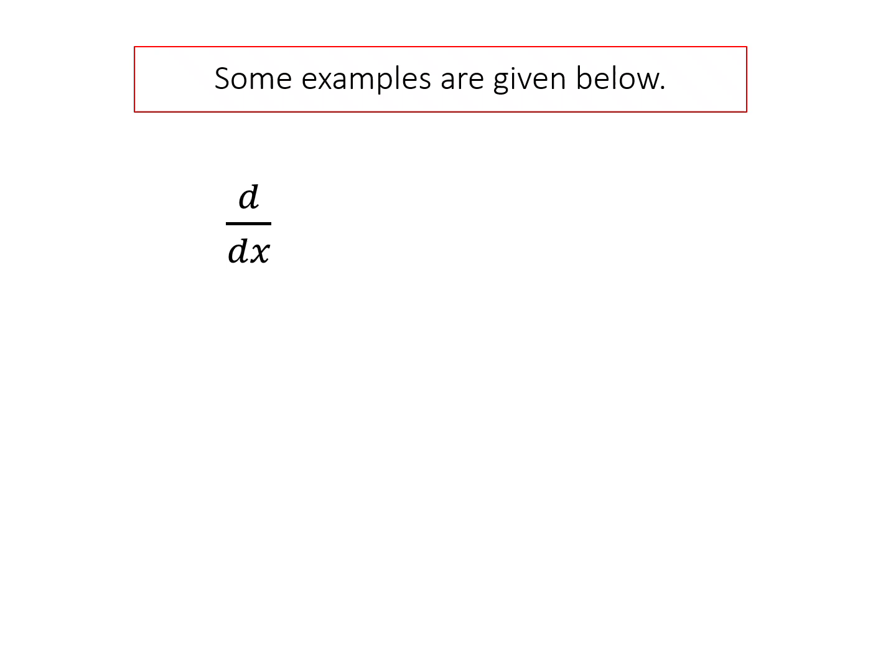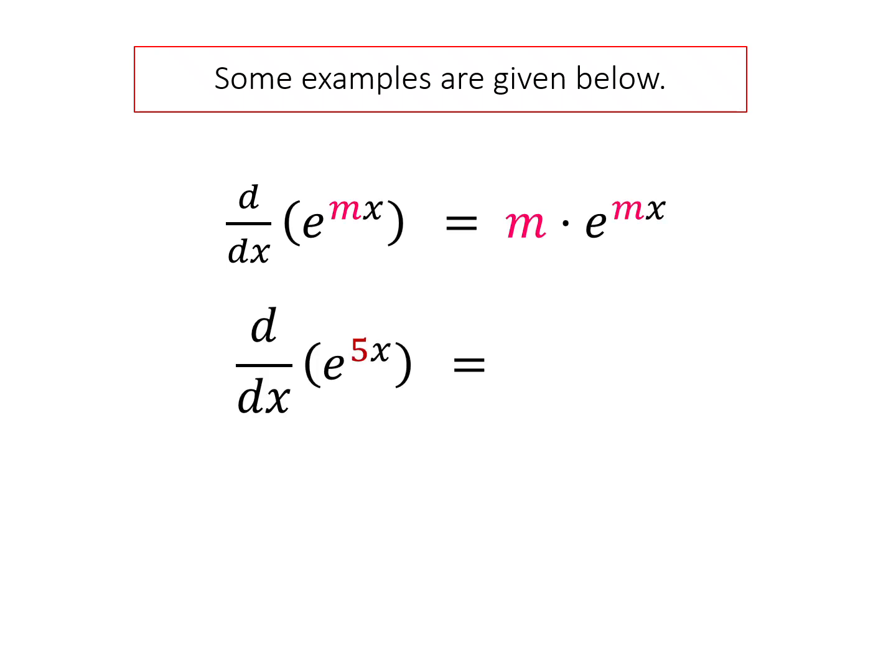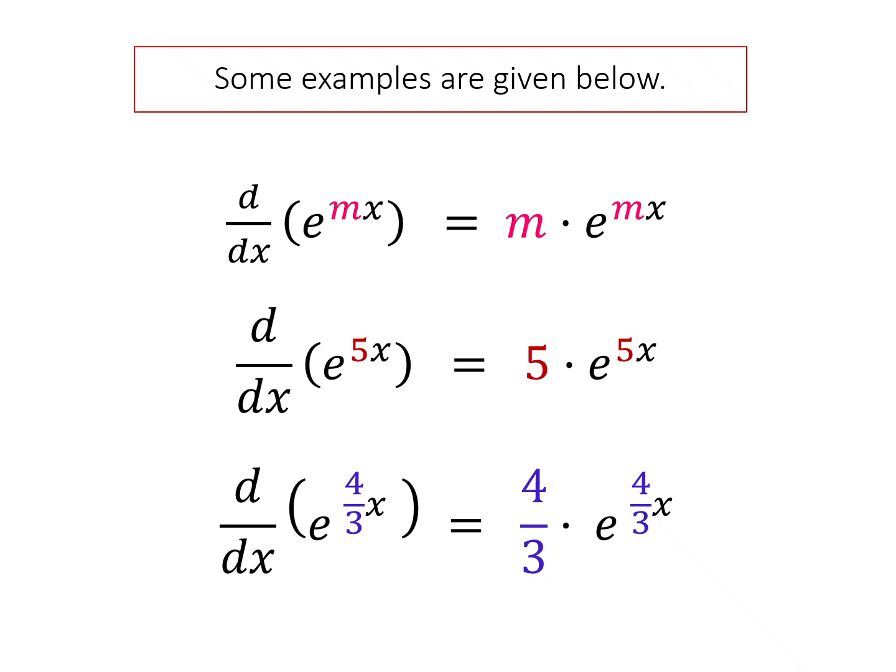Some examples are given below using the same formula. d/dx of e to the power 5x is equal to 5 times e to the power 5x, and d/dx of e to the power 4/3 x is equal to 4/3 e to the power 4/3 x. A few more examples